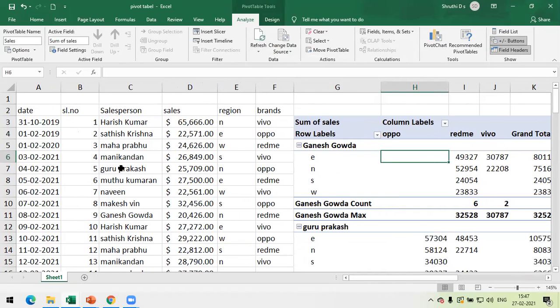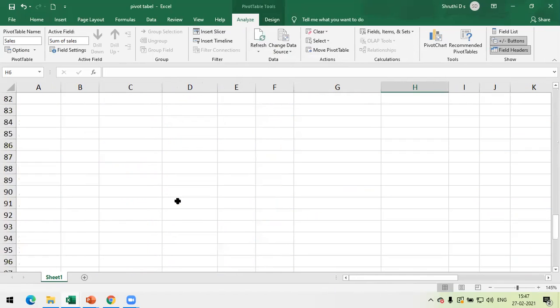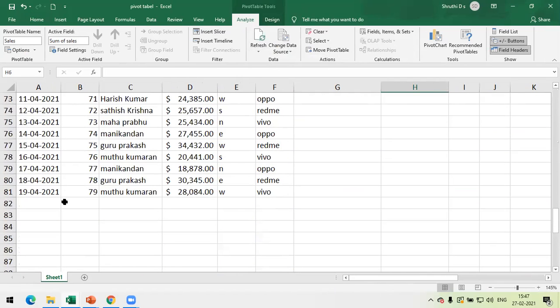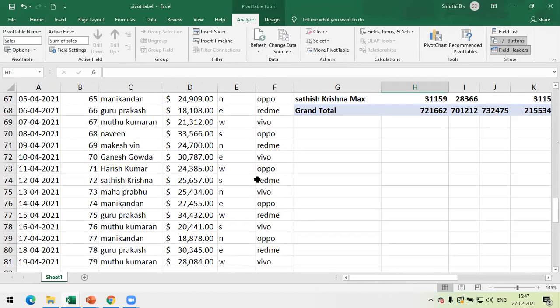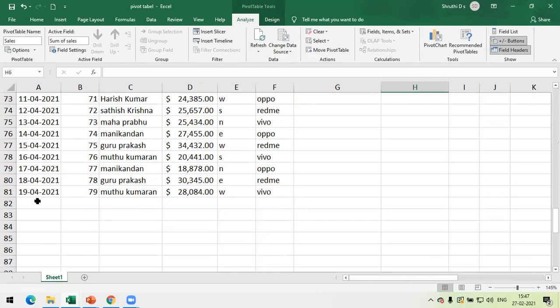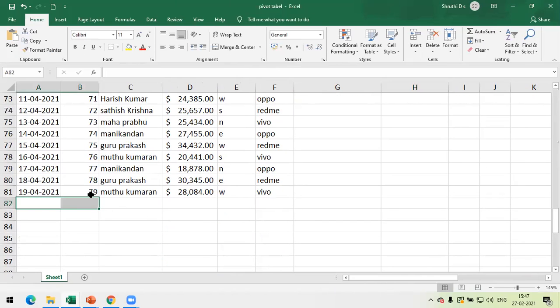Now, if you want to change the data source, say I have 79 details, but I want 81 details. So 79 details. If you want to add one more, let's say I'll just enter the 80th detail also, 24.